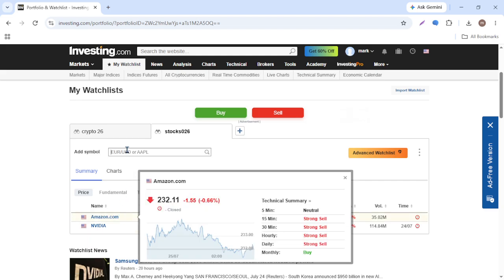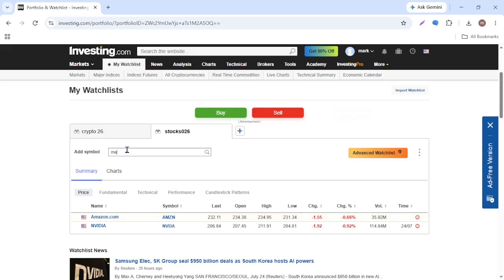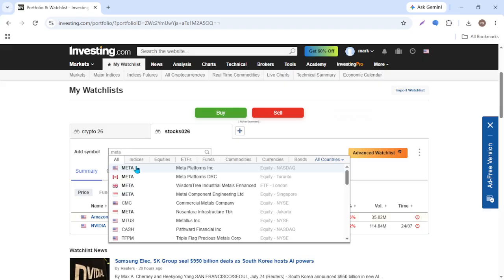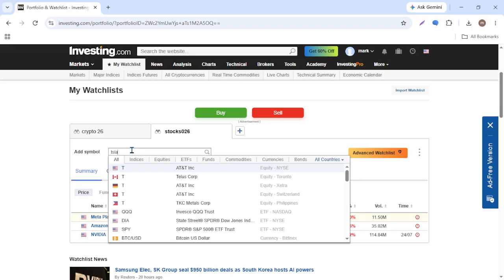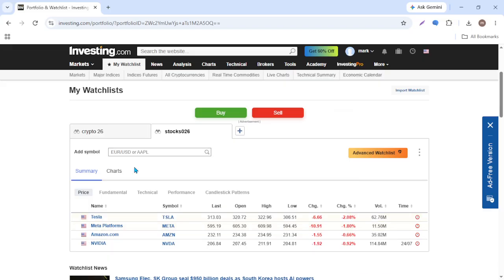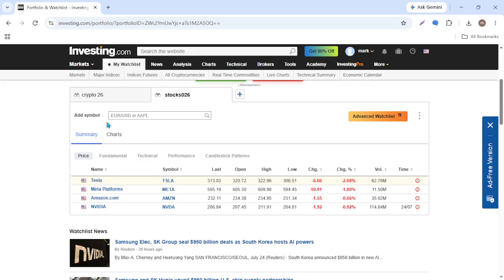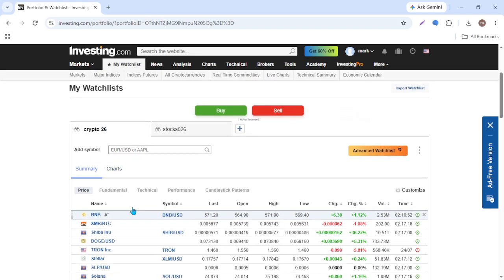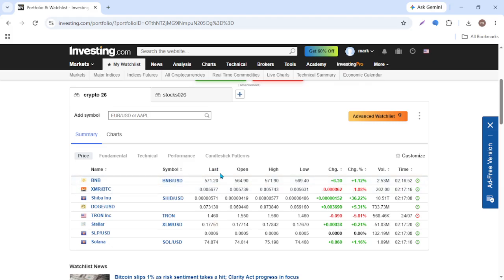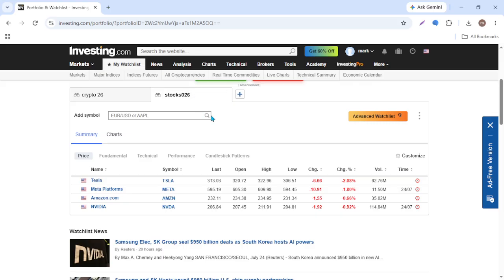You can continue creating as many watch lists as you need to separate different markets, trading strategies, or long-term investments. As your watch lists grow, you can switch between them whenever you want by selecting the watch list name from the available list. This allows you to quickly focus on a specific group of assets without scrolling through one long